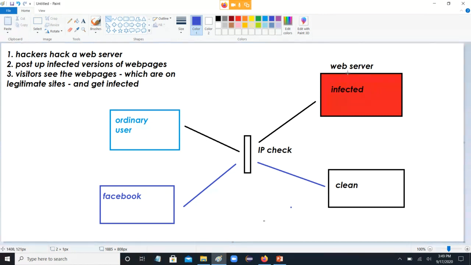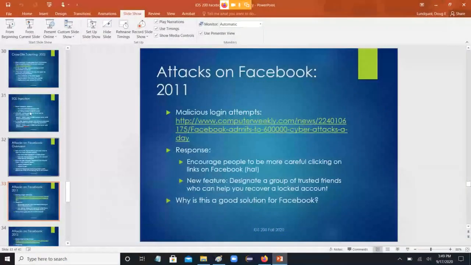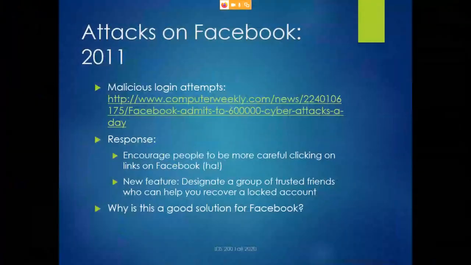So the bad guys, they're not going to give the infected copy to every user because they know that the population of ordinary users is a lot higher than the population of Facebook checkers. But the first Facebook checker that finds the infected one is going to get it shut down. So they got to figure out the optimal probability, how many users they can attack. All right, so that's how that's going on over time. And the arms race is not ending anytime soon.